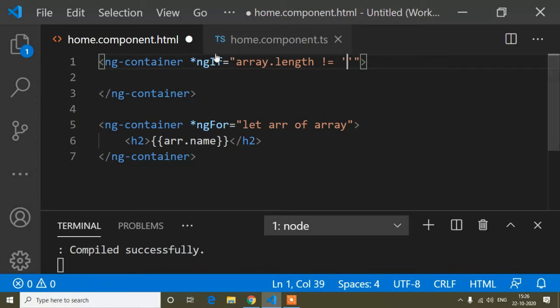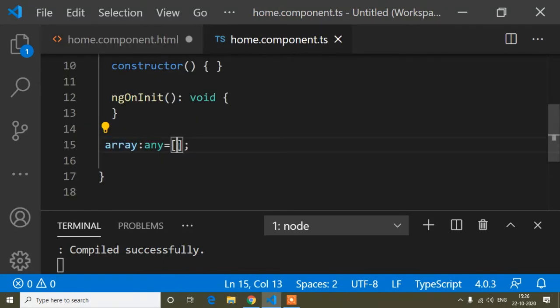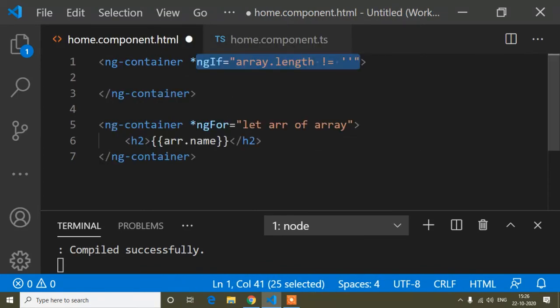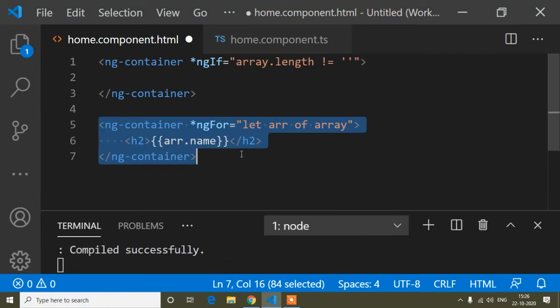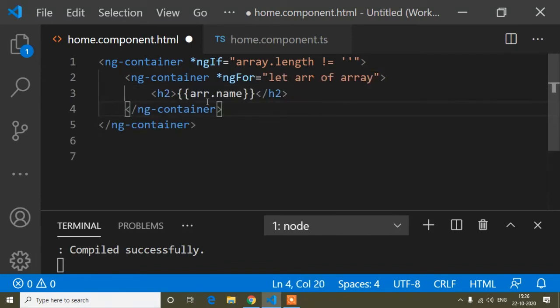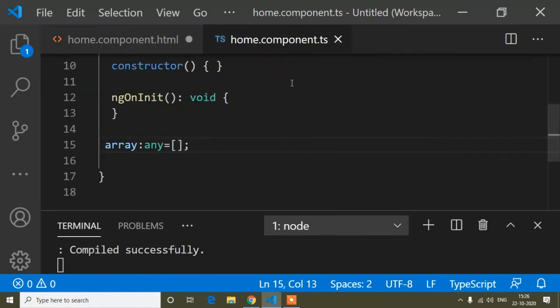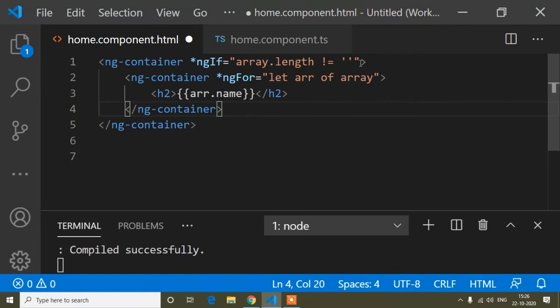So when array.length is not equal to blank, that means when inside this array there is some data, this time I will show that one. But if the array is blank, I will write semicolon else and a variable, that is, I will write the else block.